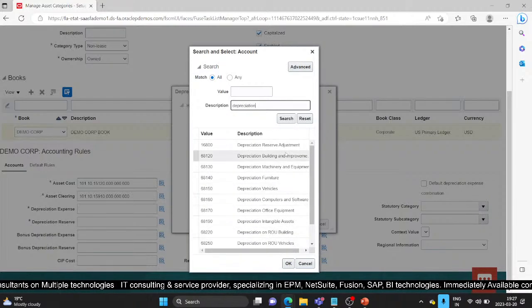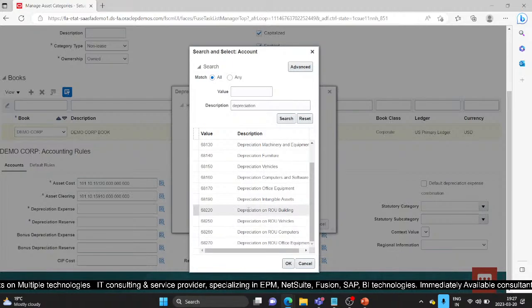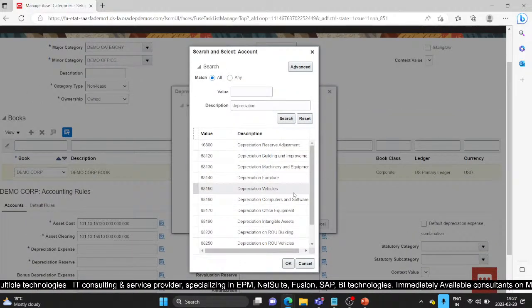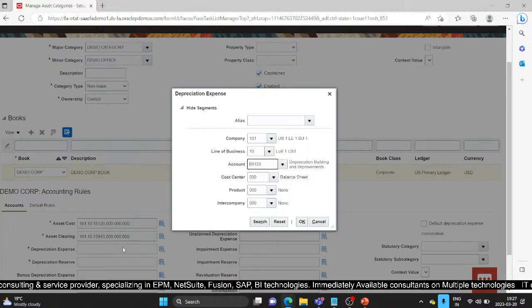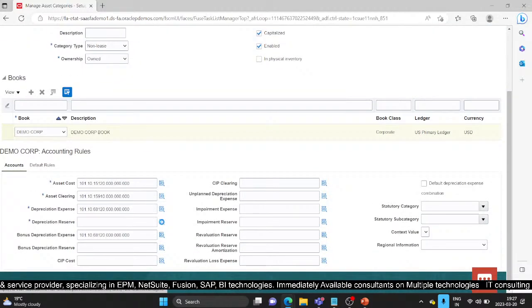So I have this ROU building here for the depreciation of the, no, this is depreciation buildings and improvement 68120. I'll select this one. Okay, and the depreciation reserve,